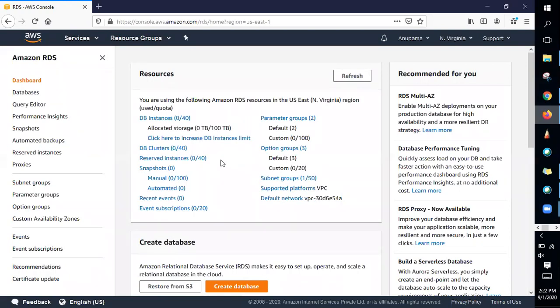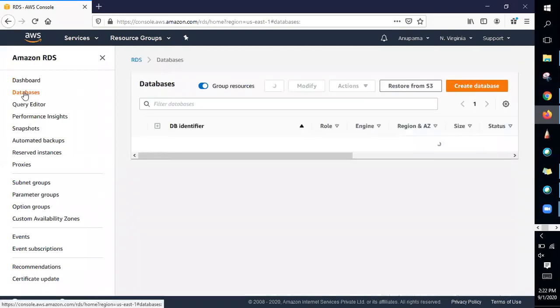In the left navigation, you can just go to databases, and you can create a database.